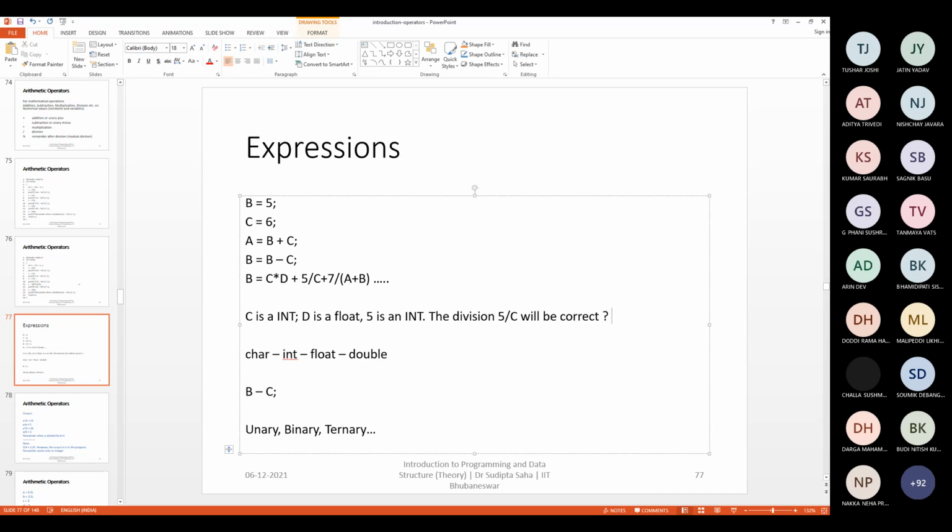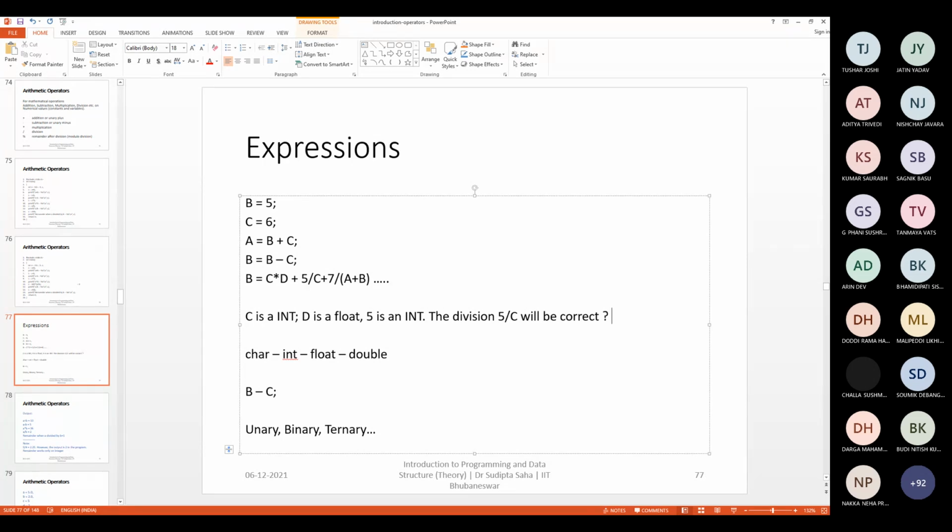Correct means what? There is a possibility of incorrect division, the loss of the fractional part. So will that happen in the case of 5 by C? Or because D is a float, will the whole thing become float and things be correct?